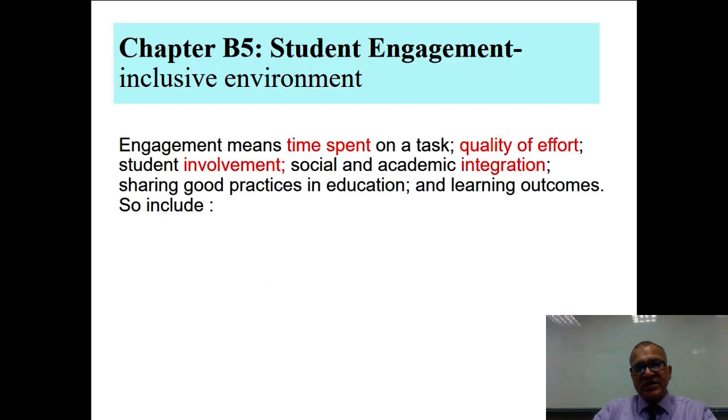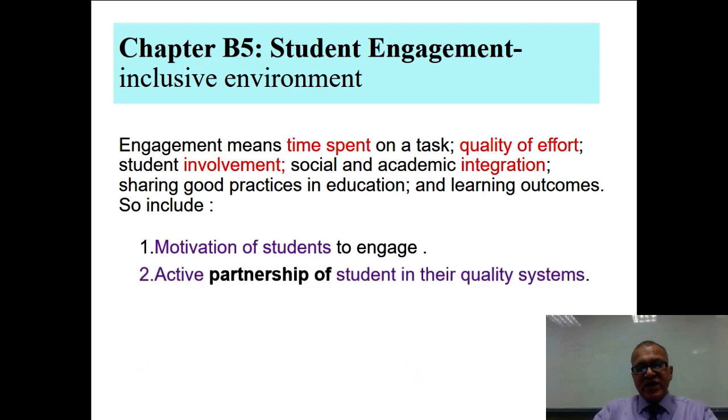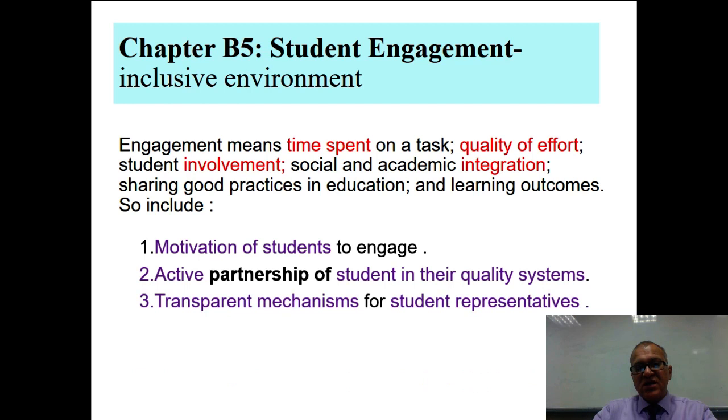How do you engage students? Engagement means the time spent, more time, more engagement, quality of effort put by the student, level of involvement of the student into the process of learning and assessment, social and academic integration at institution level. So it includes motivation level of the students to engage, active participation of students in the quality systems, transparent mechanism of student representations,